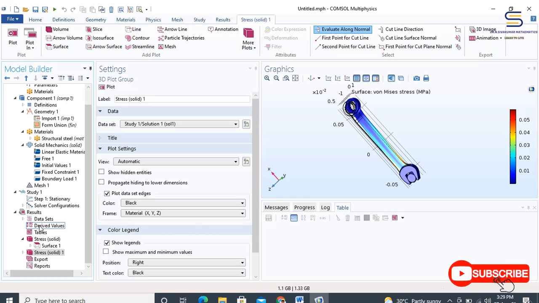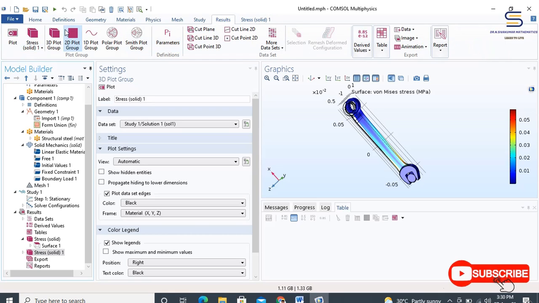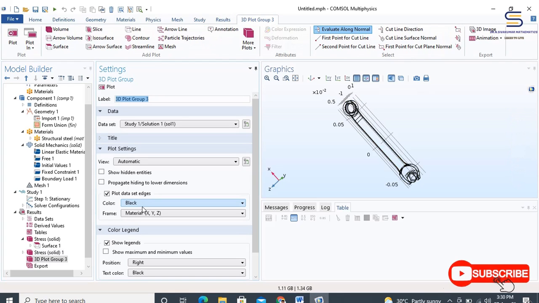With this duplicated, in the settings window for 3D plot group, type first principal strain in the label text field. So if we go into the results, there is a 3D plot group, and here in the label field, we are going to type first principal strain.